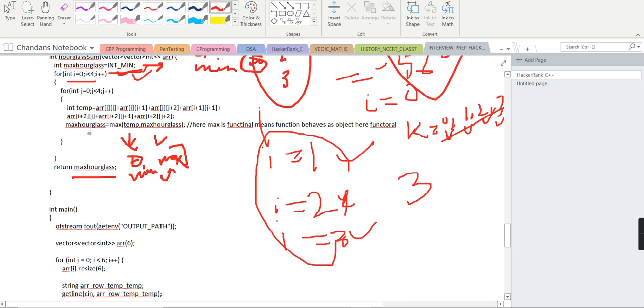Now for maximum hourglass, we take the maximum of both values. Suppose temp is 64 and the maximum hourglass value we are getting is minimum, minus 63, so it will take 64 only, because 64 is the maximum out of the two. Now we will return the maximum hourglass value.